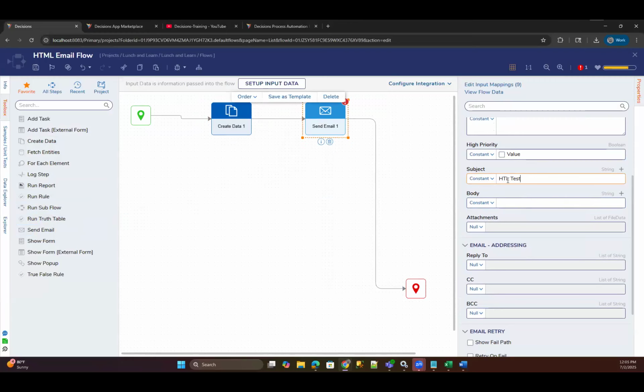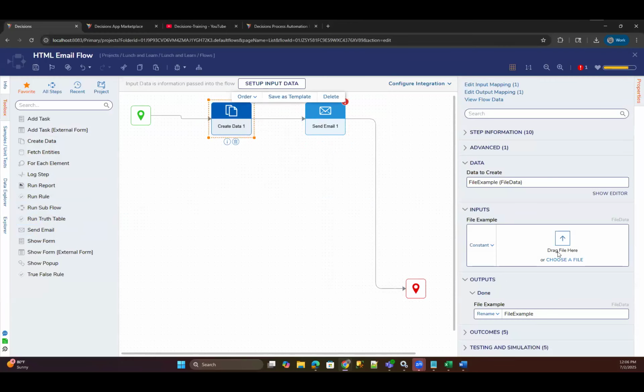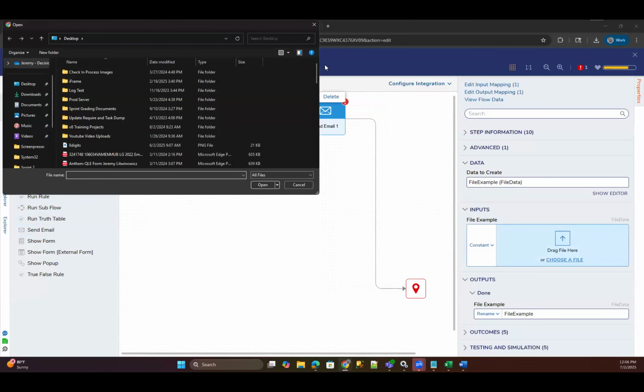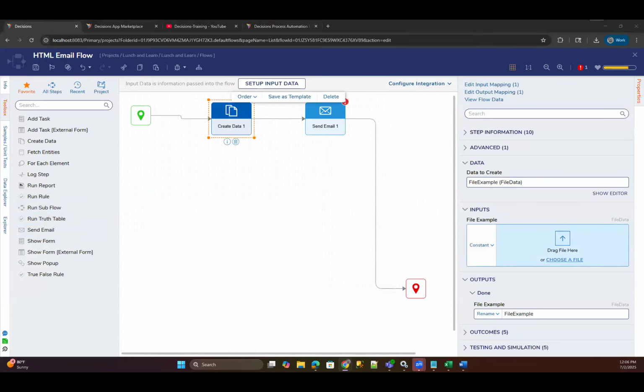Okay, so just to clarify, you've got some kind of file data coming in from a step or whatever, that I can just grab some random dummy image I have somewhere.